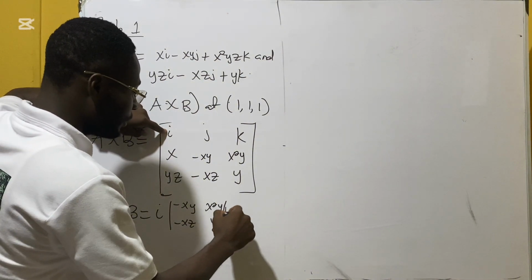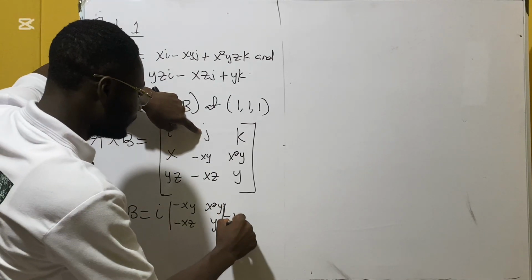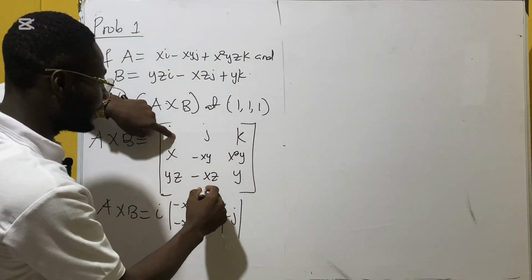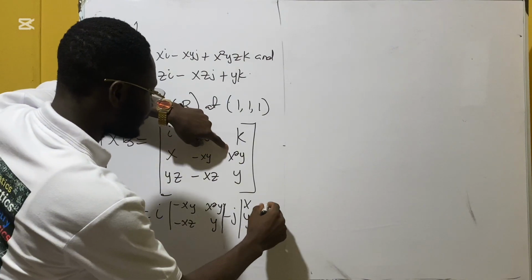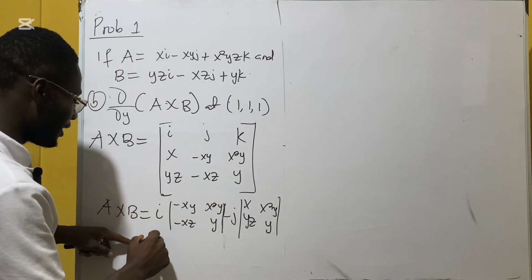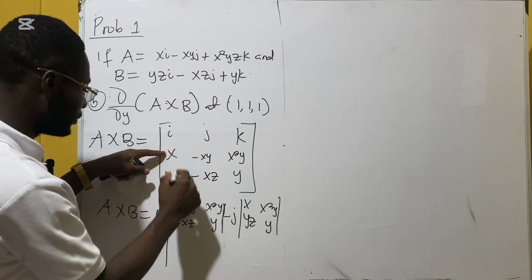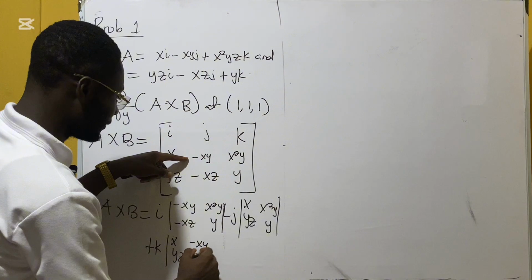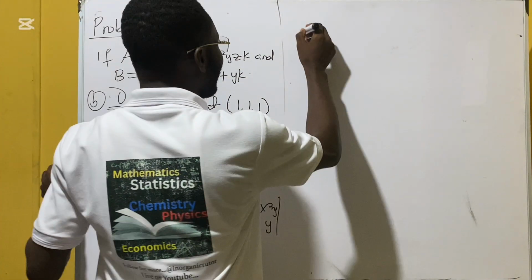And then you come here, negative j, you cover everything on that row and under it, then you have x, yz, and x squared y, y, right? And the last part, which is k, you cover everything here, so we have x, xy... and negative xy, negative xz, right? So we're going to have our a cross b